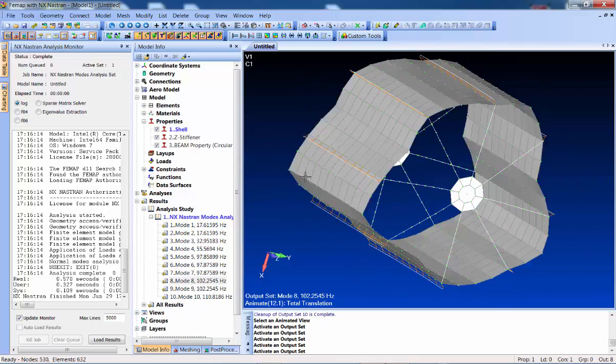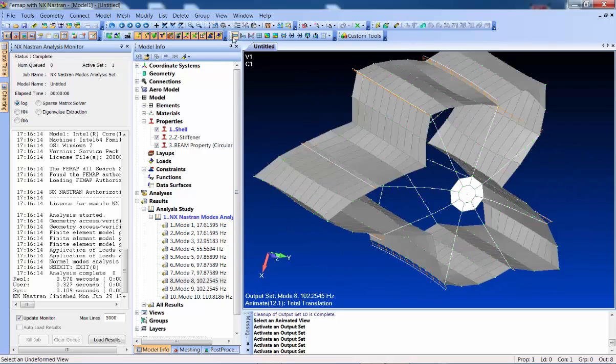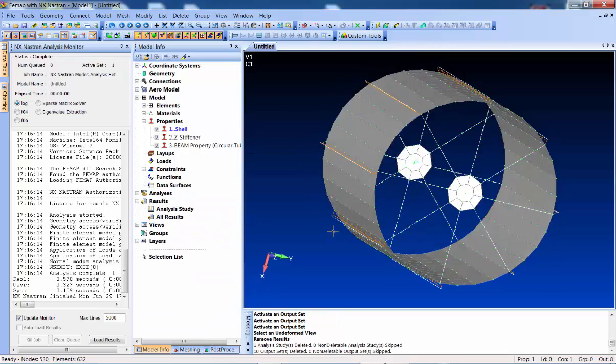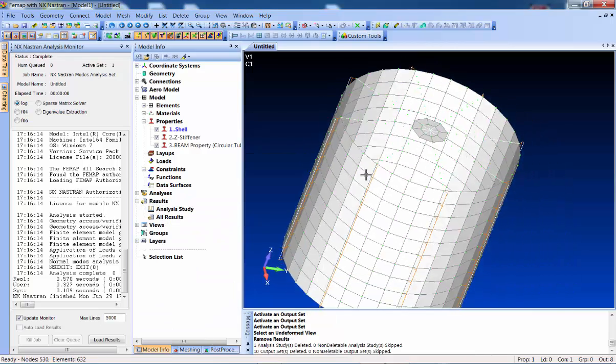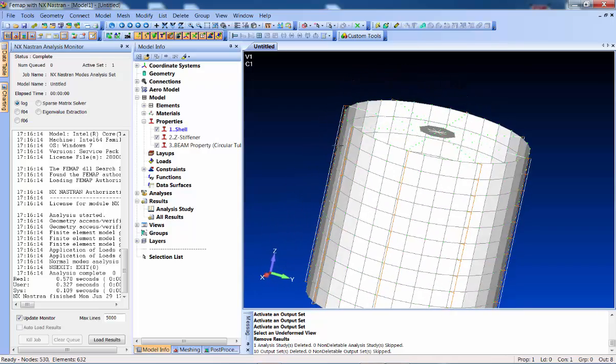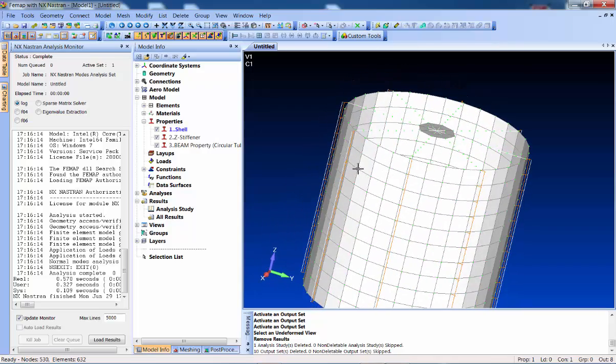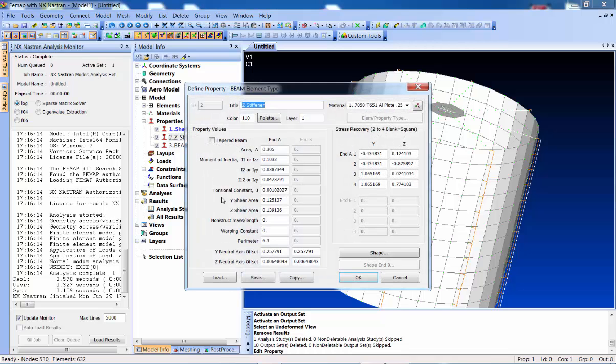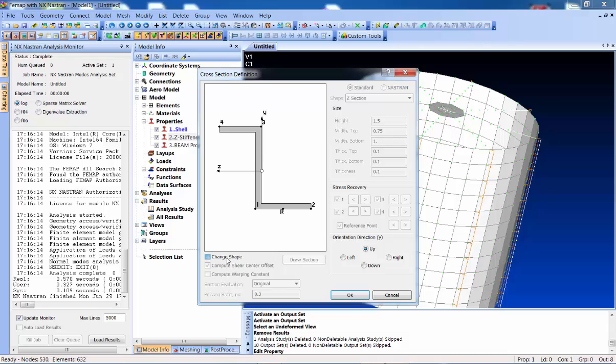So you can pretty easily quickly set up an analysis. And just for fun here, I'm going to stop that animation. I'm going to delete the results, and let's just see what you could do here to kind of play with the design a little bit. So we saw those modes. Let's see if we can change them by just changing one of the stiffeners. So if I can edit this stiffener, I'm going to change his shape and just make him a little taller. So the height